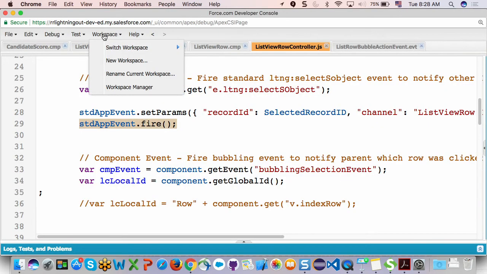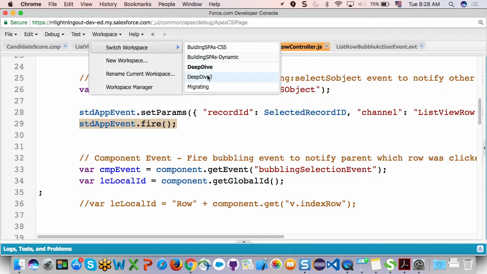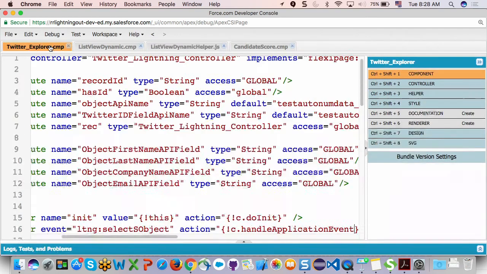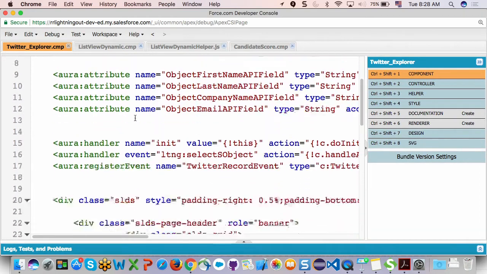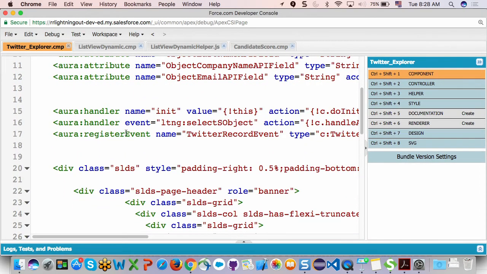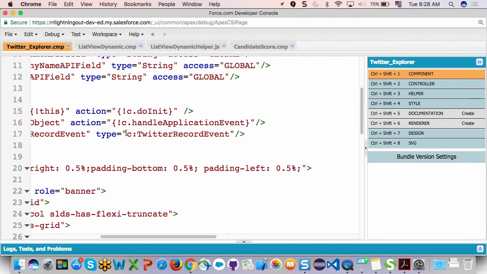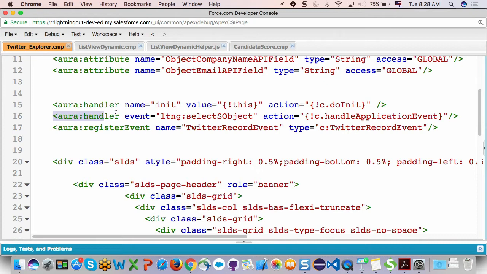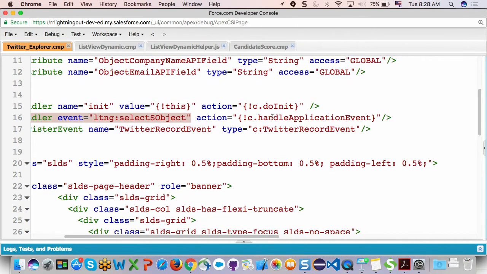So if you look at the code for the Twitter Explorer, notice that at the very top it has a handler to the same type of Lightning application event that we use from that other component to share the record ID. And then whenever it receives this standard component, it invokes this handle application event action on the Twitter Explorer side,